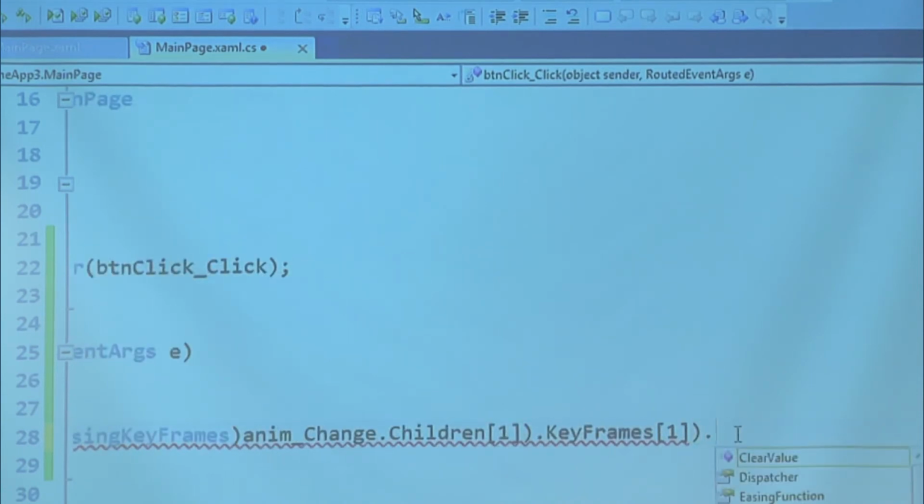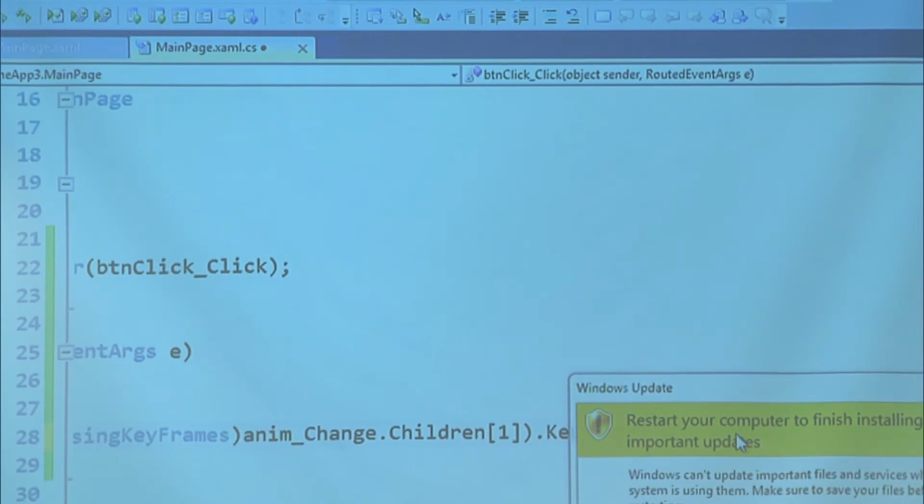Oops. OK. The property that I wanted to change was the value. Here we go. Equals something. So I did go one level down and again one level down, and now I'm able to access the property of that particular object, and I'm going to give a new